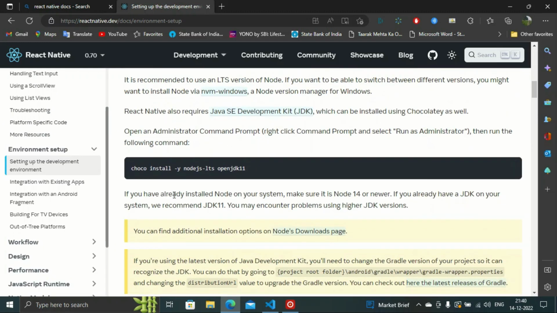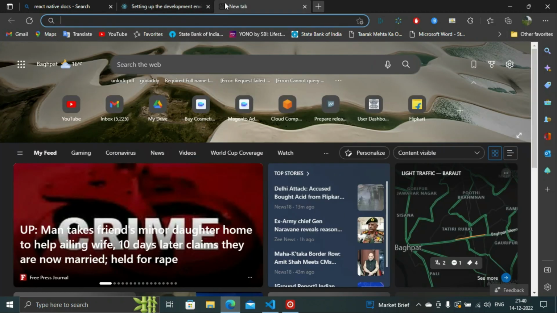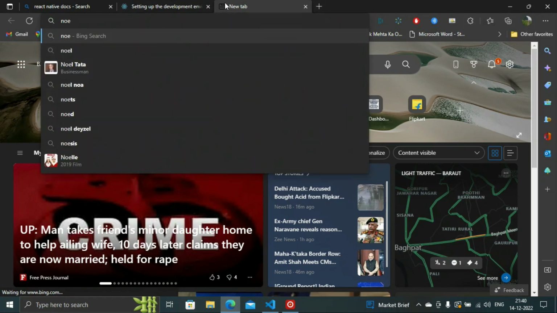Go to Android. First, there is a command choco install -y. It is for installing Node.js and OpenJDK. You can search directly